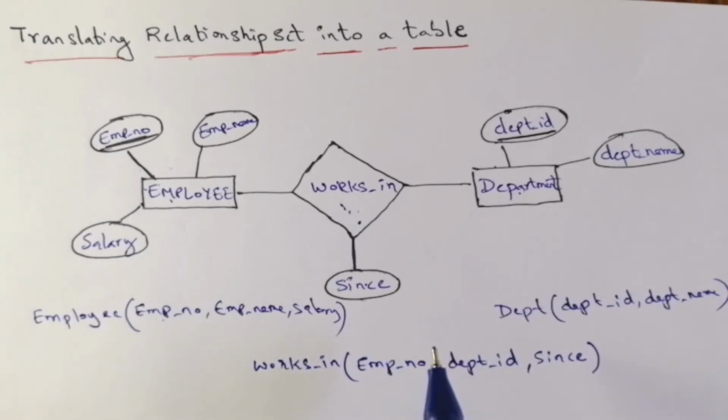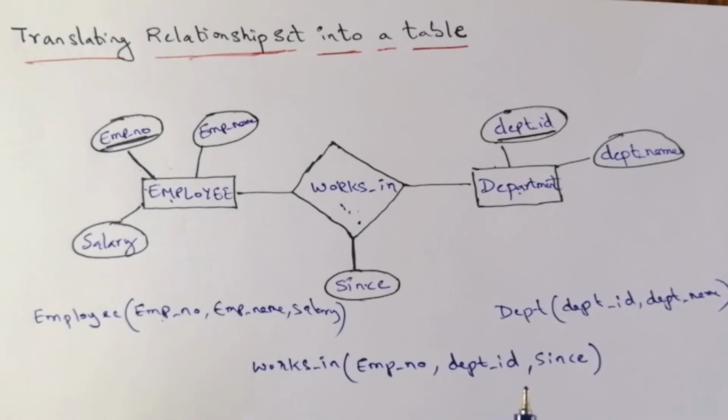Now in the coming lectures we are going to concentrate one by one on cardinality ratios, the mapping cardinalities. We are going to discuss how to convert a one-to-one relationship, then in the next lecture one-to-many, and then many-to-many, and then some problems. So it is going to be a planned lecture series. In the next lecture, let us discuss one-to-one with a case study and how to solve those problems, right? Please look over those lectures. Thank you.